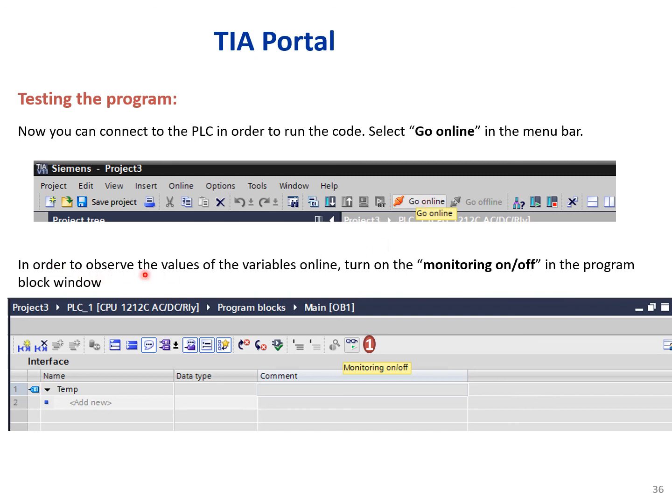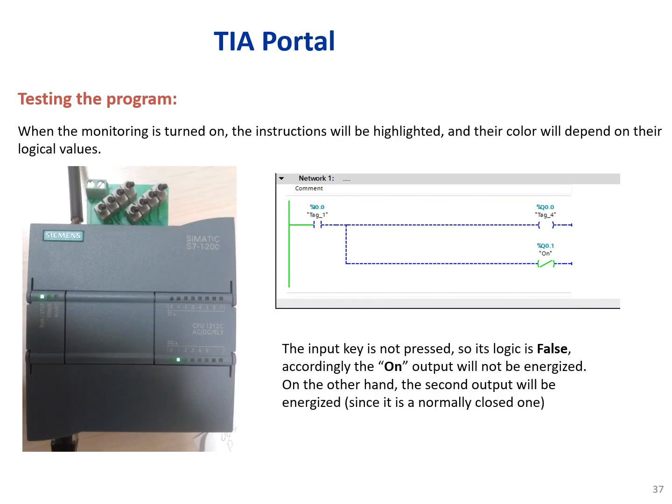and in order to observe the values of the variables online, turn on the monitoring on/off in the program block window. This is basically the monitoring icon; if you click on this one, you will see the status of contacts and coils, whether they have true or false values. And if you do so, you will see the program here. Okay, so you are online and you are monitoring your